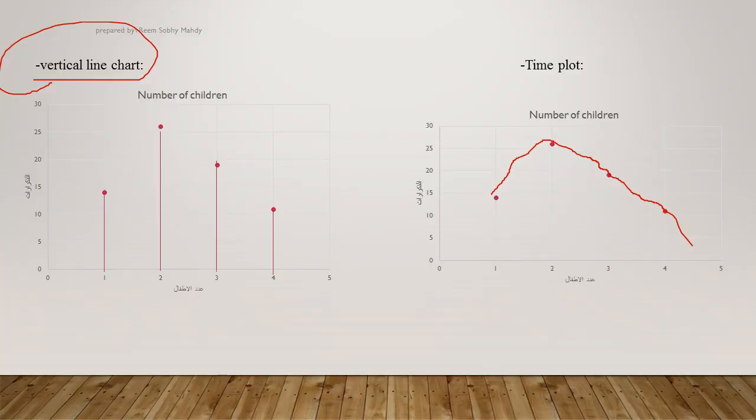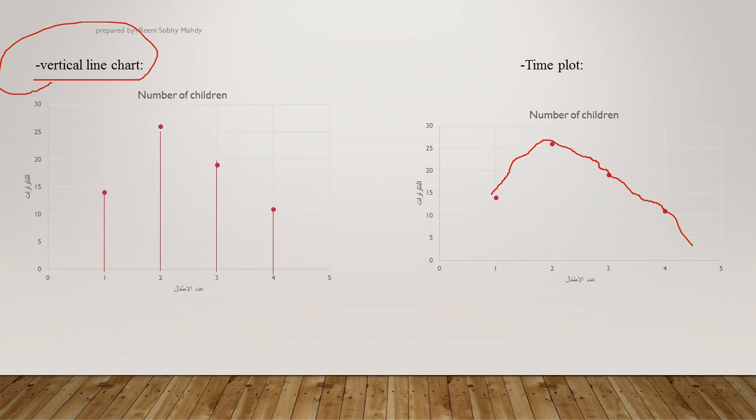So as you see here, there are two types of charts that we can use in order to present the quantitative discrete variables graphically. The first type is the vertical line chart, and we just defined how to present data using this type of chart. And the second type is the time plot. In this time plot, we have to, as you see here, and this is the second type of the charts that we can use to present the